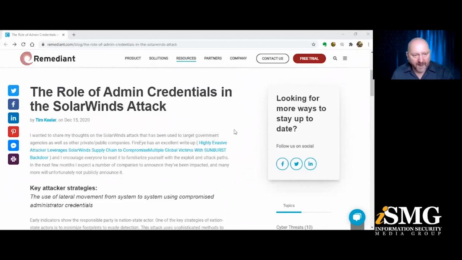So Tim, you wrote this back in December. It's a great piece of analysis, I think. But maybe we could go through the various components of this blog piece. The first one, which has come up a lot in the last year or so, is the damage that can occur with lateral movement. This blog post starts out talking about lateral movement and how it has been particularly dangerous in the context of the SolarWinds attack. So maybe talk me through that first.